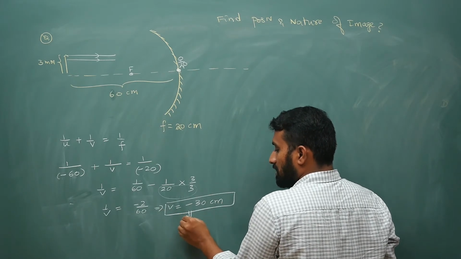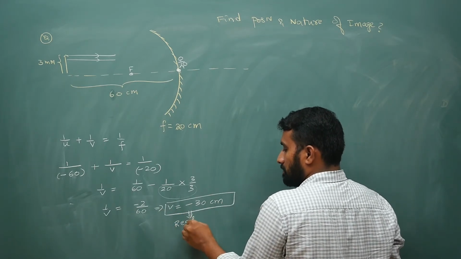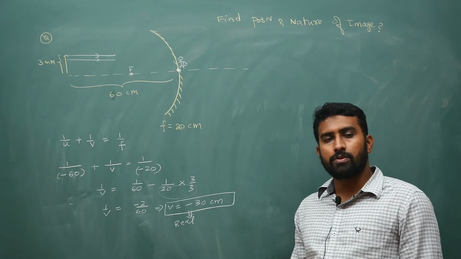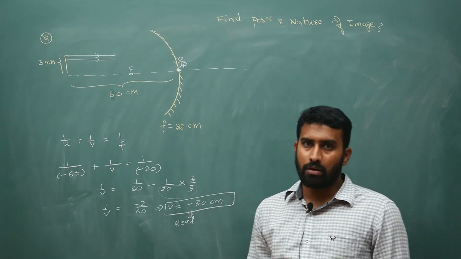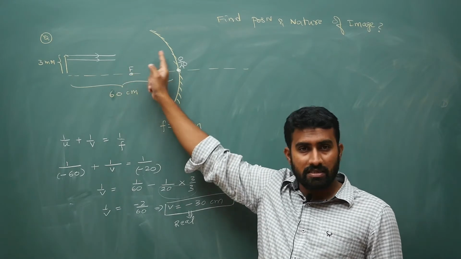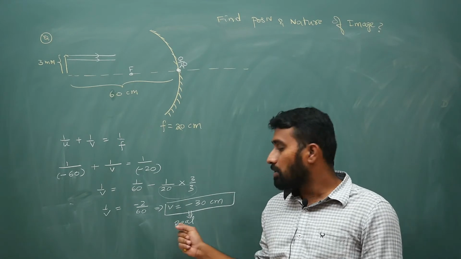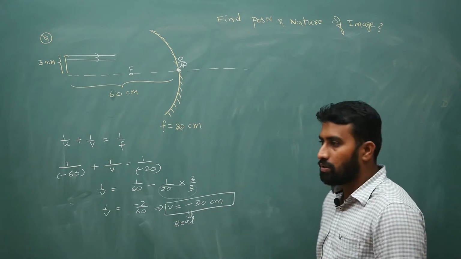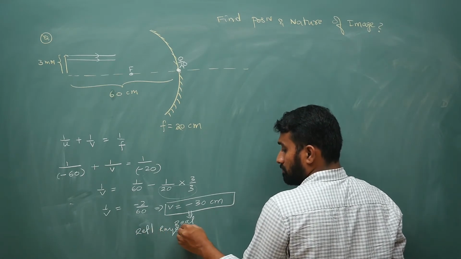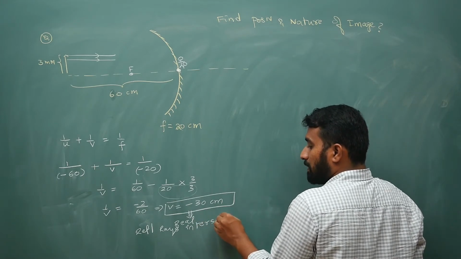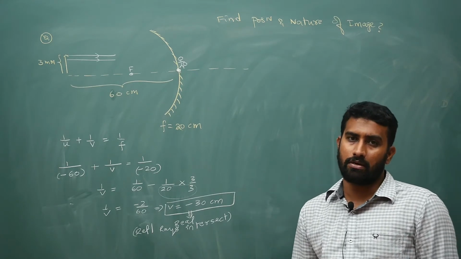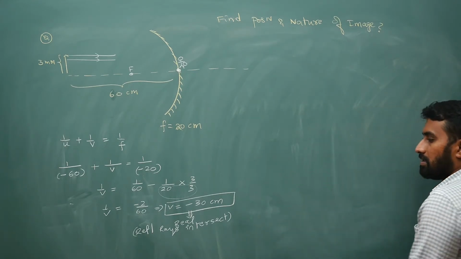That means what is the image? It is a real image. Why is it real? If the image is formed at minus 30, that means your image position is against the incident ray from the pole. From the pole against the incident ray, if it is somewhere here, 30 centimeter, obviously these reflected rays are intersecting at that point. So that is why it is a real image, because reflected rays intersect. I got minus 30. If I got plus 30 here, that means the image is formed beyond the mirror. Beyond the mirror, rays will not pass at all. So here it is real.